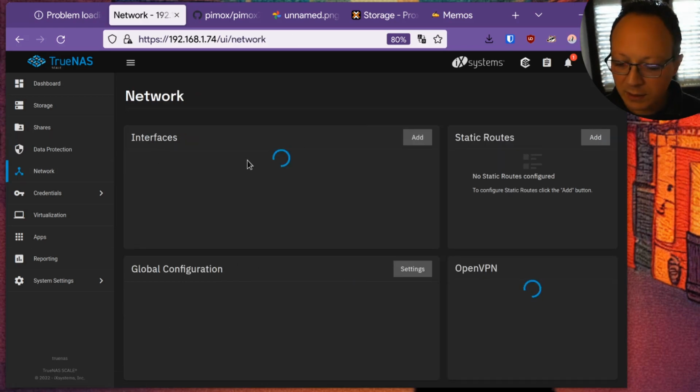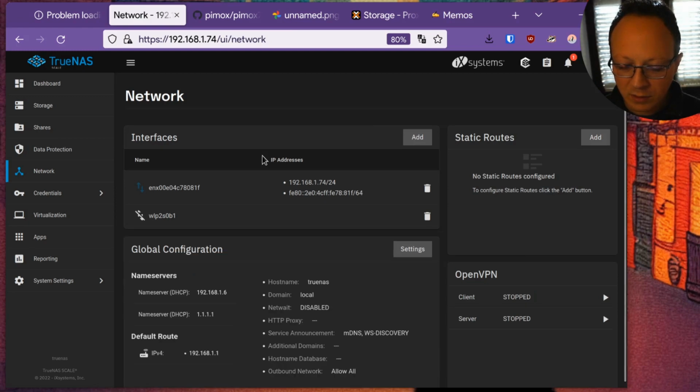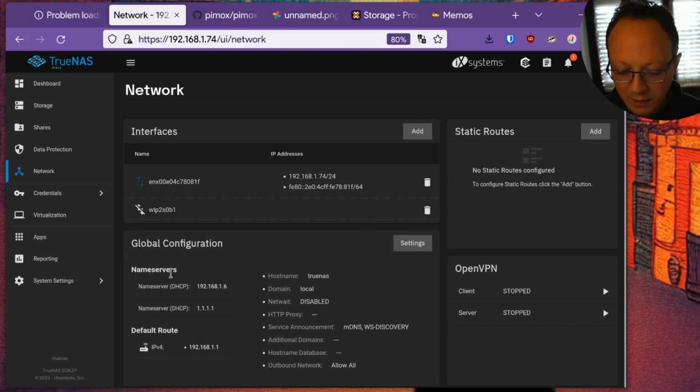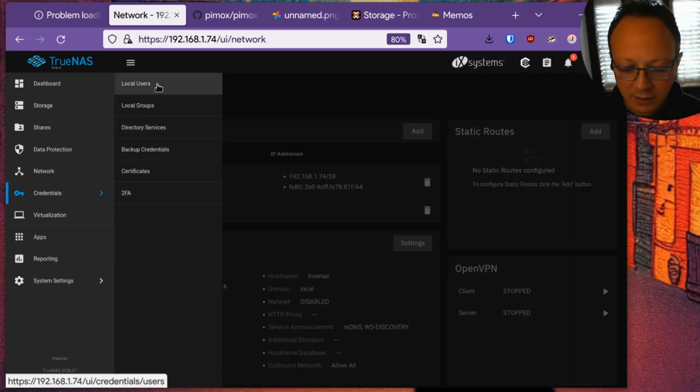This is network, so this is the Ethernet card, this is the Wi-Fi card, and the current local IP. Name servers and OpenVPN support for both client or server. Under credentials, you have the management for 2FA authentication and users.